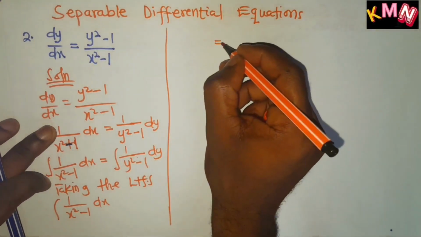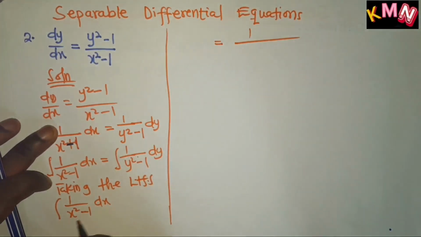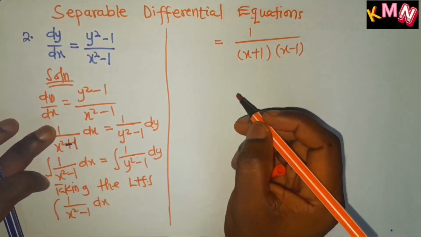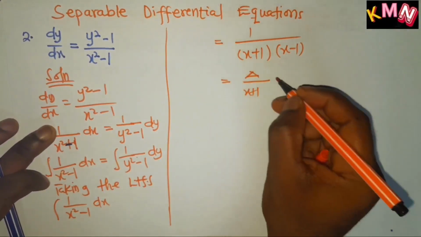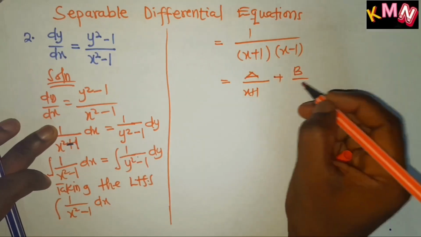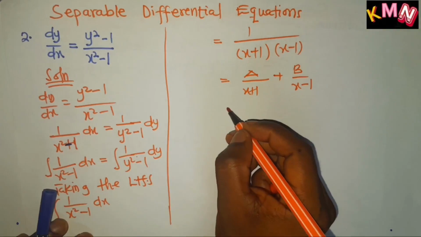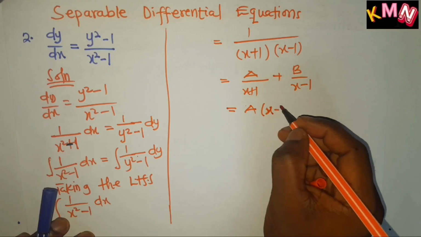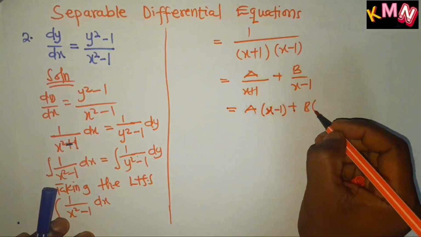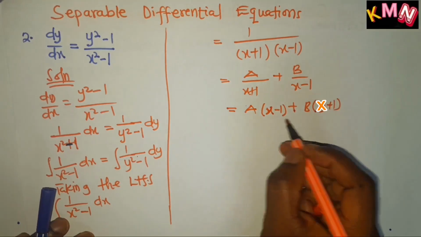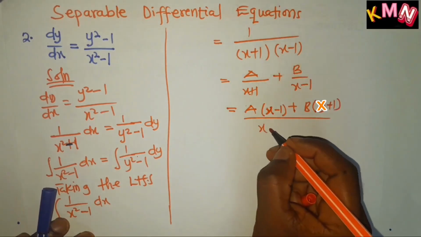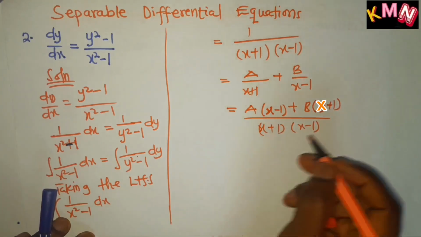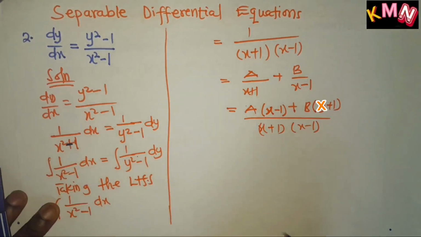So we are going to get 1 on x plus 1, x minus 1. Breaking the denominator, we get a on x plus 1, then plus b on x minus 1. We are getting a by x minus 1, then plus b by, all on what we have there, our LCM, which when we equate the numerator to the numerator we have over here, we are getting 1